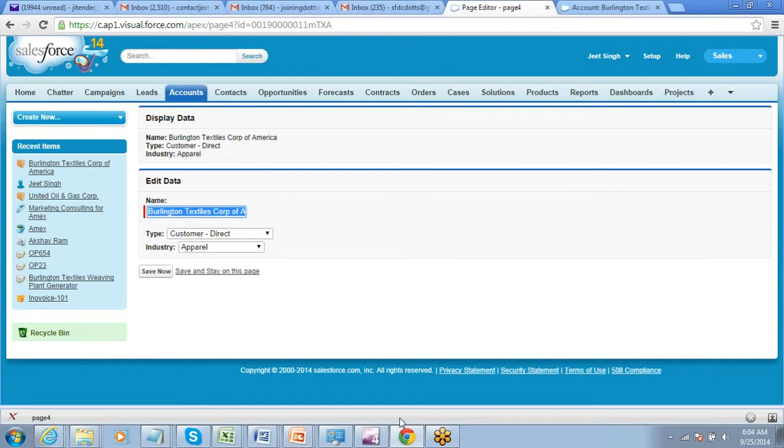In addition to these actions, the standard list controller has a few more actions. These actions are there for the standard list controller as well, but there are a few additional actions that a standard list controller has. Before I talk about that, let me go to a standard list controller. So let's create a small standard list controller page.